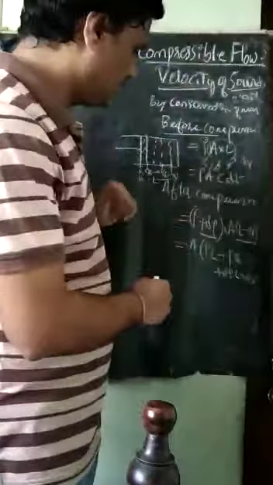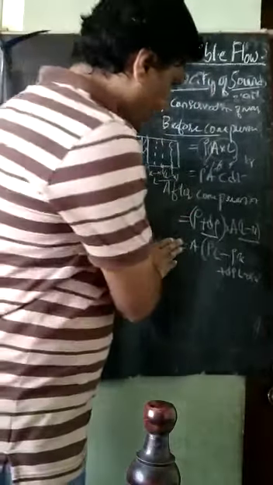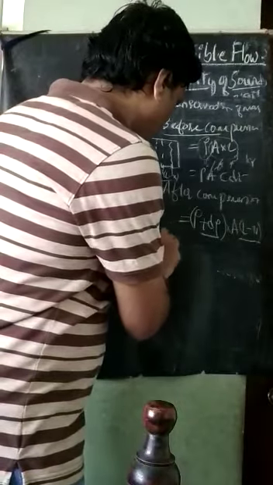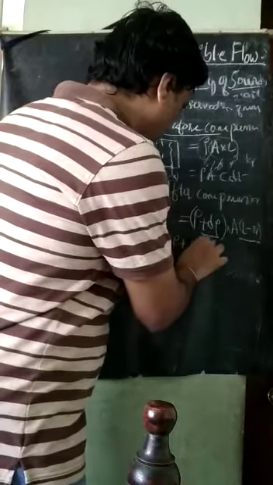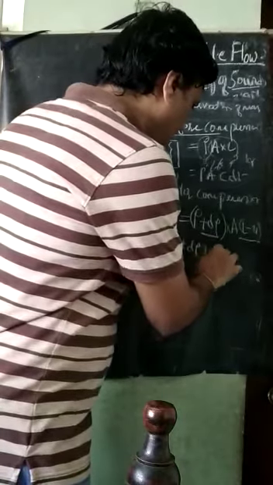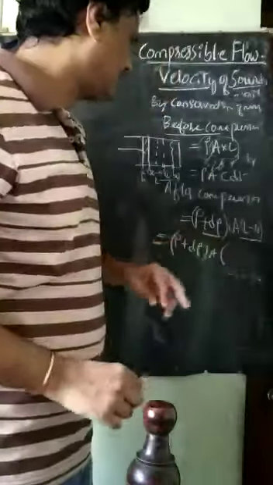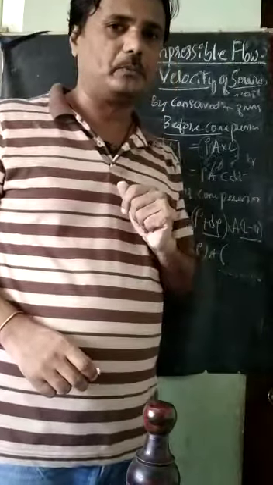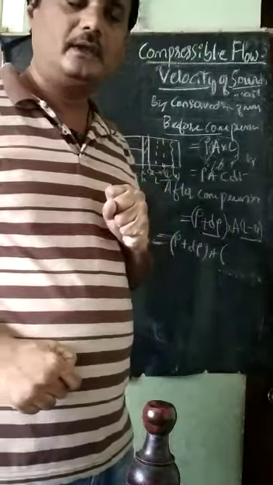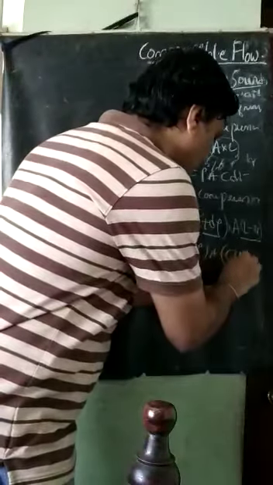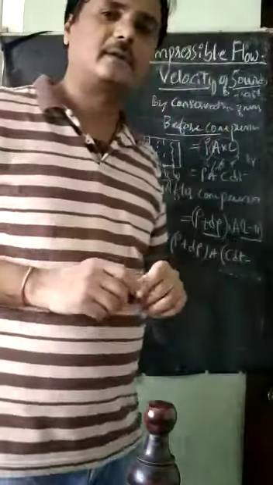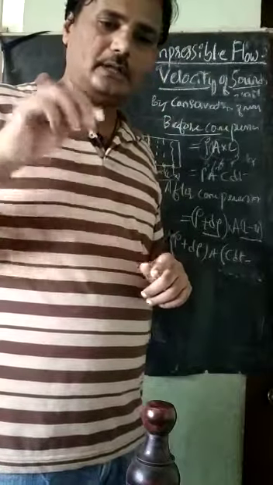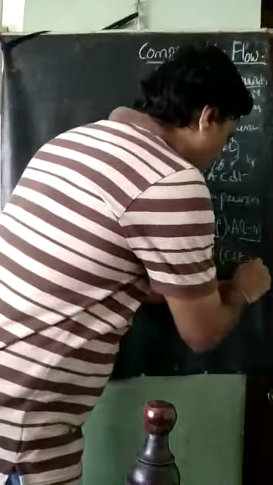I am continuing the derivation here. So what I will do now? I will continue with the same. Rho is equal to rho plus d rho, and into area I will substitute L and X. L is the distance moved by the pressure wave. L is equal to C into dt, as I have already taken, minus X. X is the distance moved by the piston, so X is equal to V into dt.